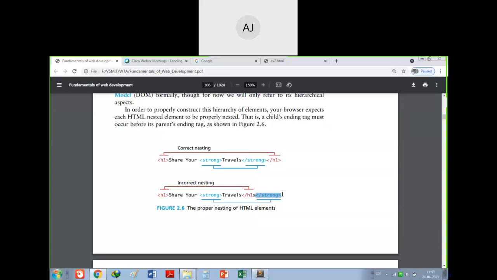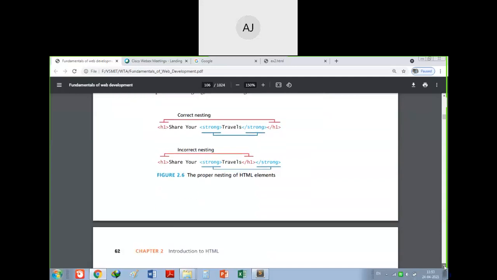HTML5 will take care of all these things, but the major problem is when there are many tags and they are not closed properly. For example, if some dishes are present in the rack, they have put some numbers and you want to serve by the numbers, that is a sequence number, that time it will create a problem, not every time. The same case happens with HTML also. This is called nesting.